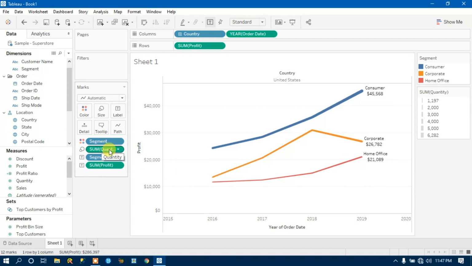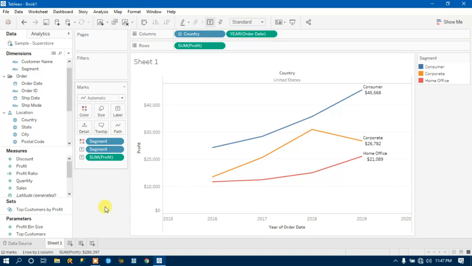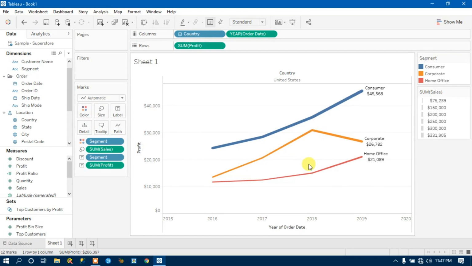Let's suppose I withdraw this quantity, and let's pull the sale to the size. If you see this line, this is the consumer line. The more sales we are doing, the more profit we are getting. In a similar fashion, here at the peak point, we are getting more sales and also more profit.